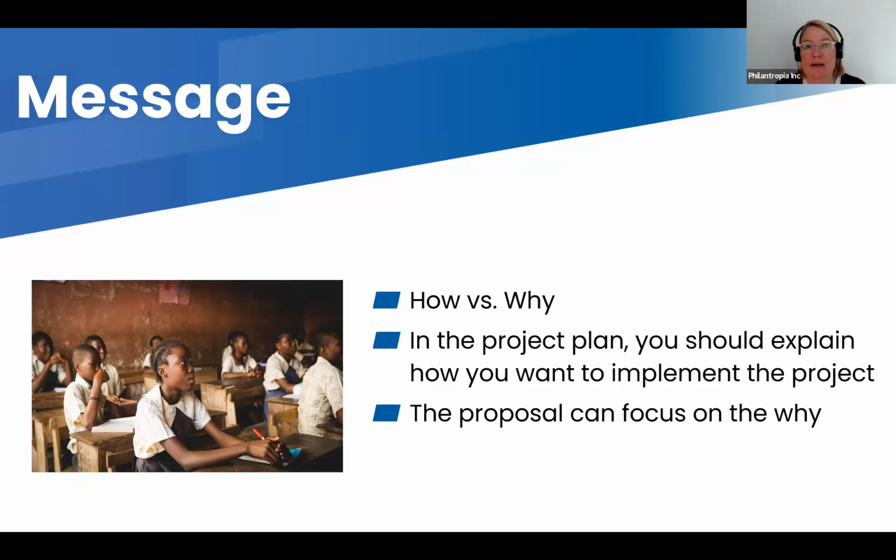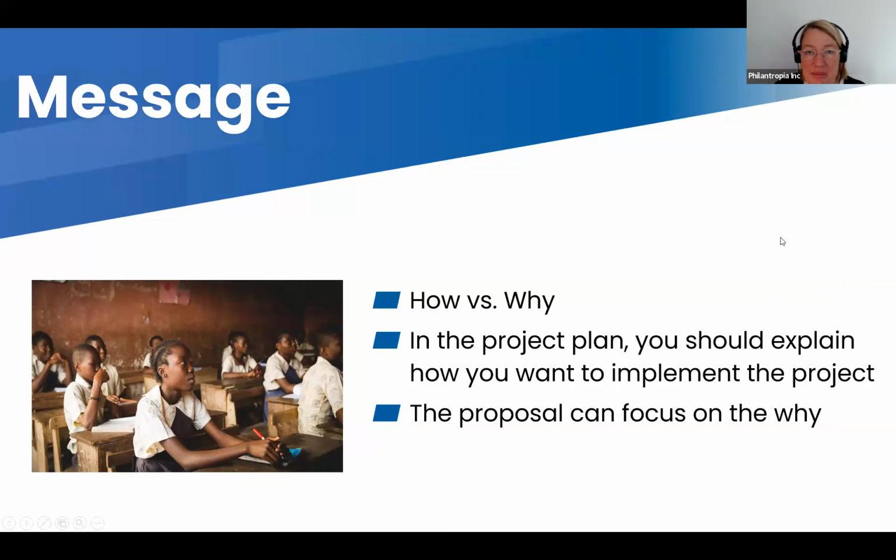The proposal can focus a bit more on the why of the issue. Again, focus a little bit more on explaining exactly the logic of the problem tree, because the donor needs to understand your why. They need to be 100% sure why this issue needs solving. So you could even include stuff like what will happen if you don't solve the issue, what could be consequences if nothing gets done, etc., so that they really understand the relevance of your project for their work. Always with the connection to their work, obviously, no?